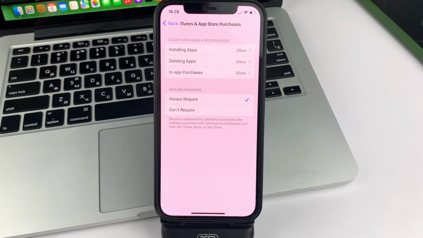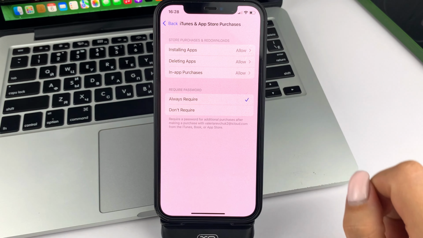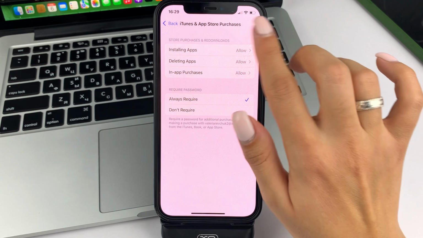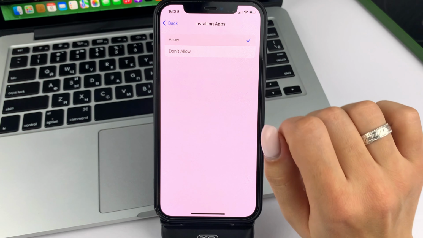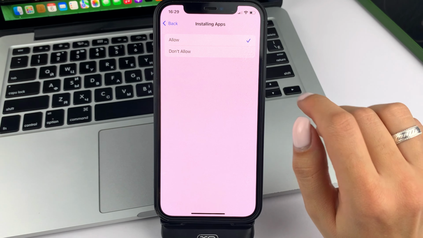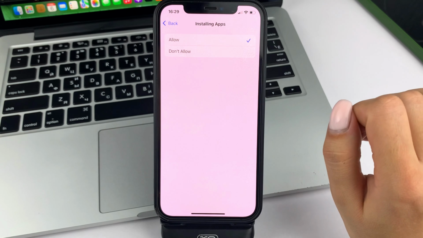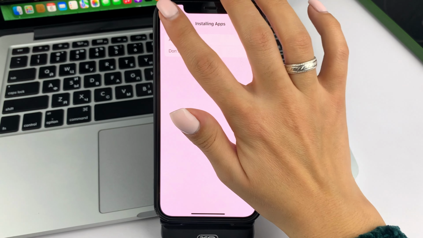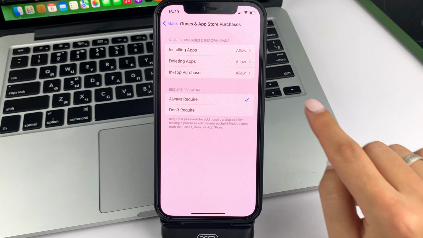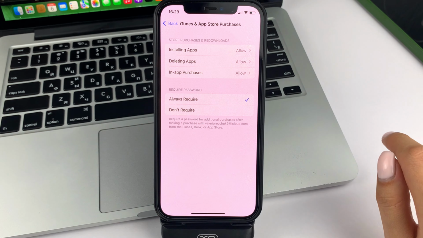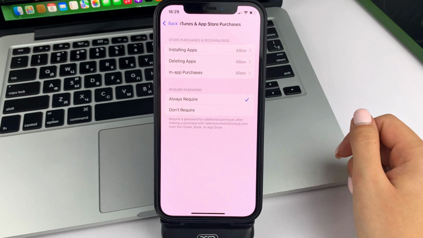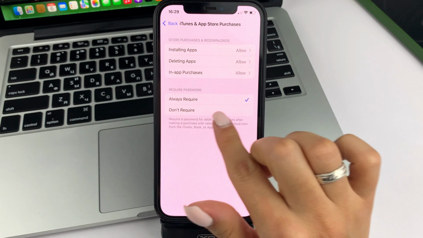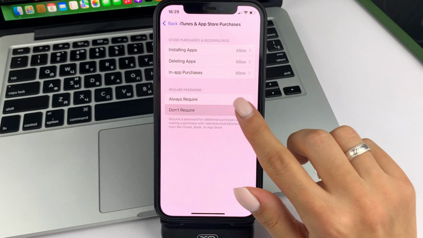Next, friends, you will need to, first of all, see to it that these three items are connected. To do that, go to each of them and turn on the first option. If you have it enabled, I recommend that you toggle it this way. Once you've done that, you'll do that with all three options. Then go to the bottom here. You will need to enable the option to not ask for a required password.